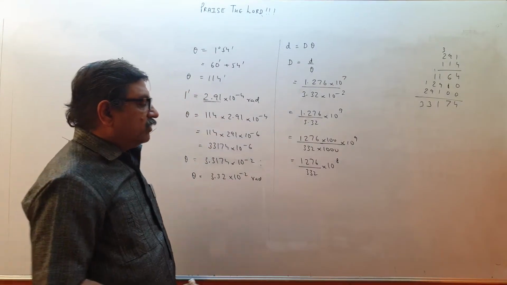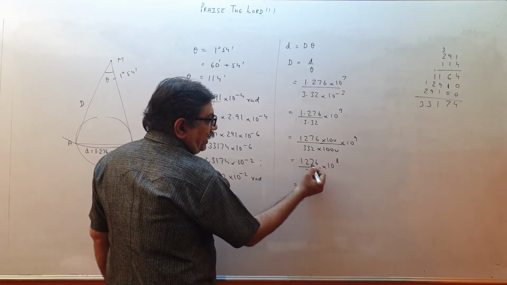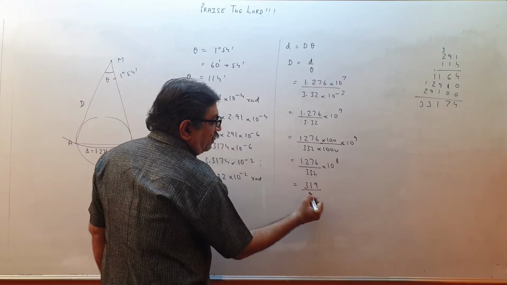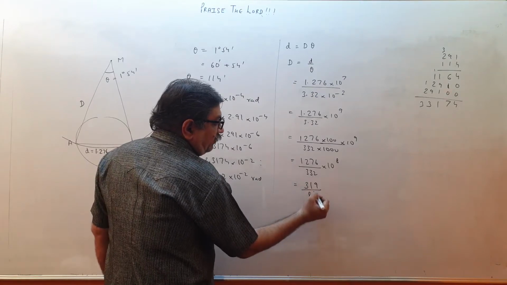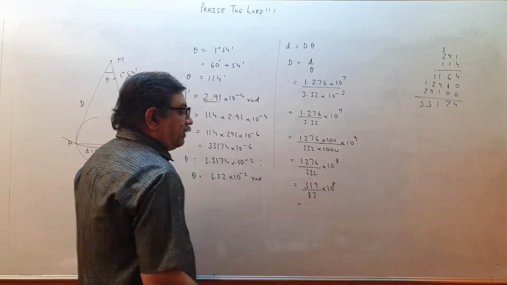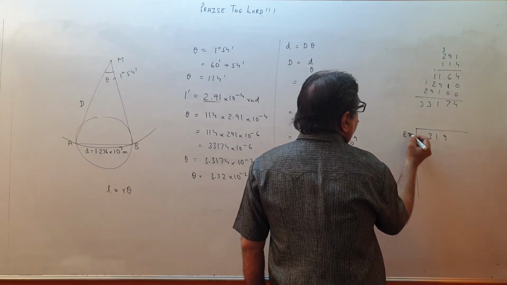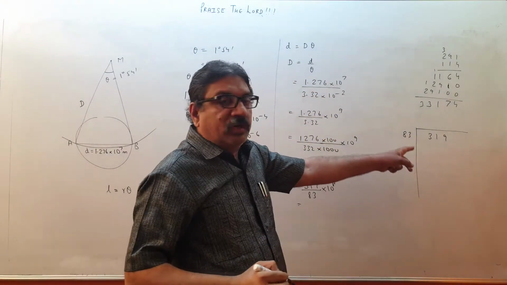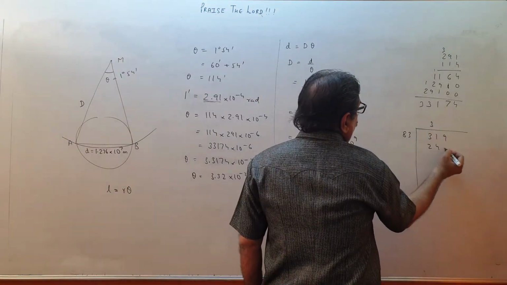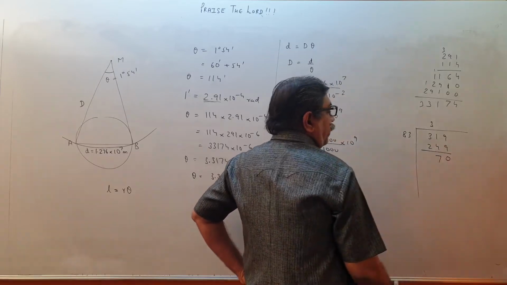We divide 1276 by 332. Maybe I can divide by 4. So 4 3s are 12. In 7 it will go 1 time, 9 times. And if I divide by 4 over here, 4 8s are 32, then 112, 83 into 10 raised to 8. Now I divide 319 by 83. Let us check. 319 by 83. See, 83 won't go 4 times because 83 4s are 332. So I take it 3 times. That is 249. So 9 and 0, and this will be 70.